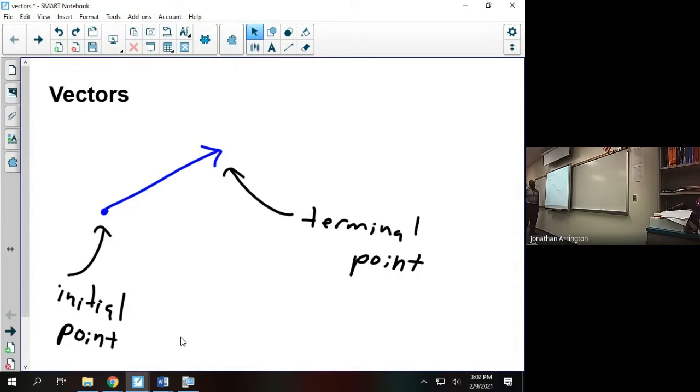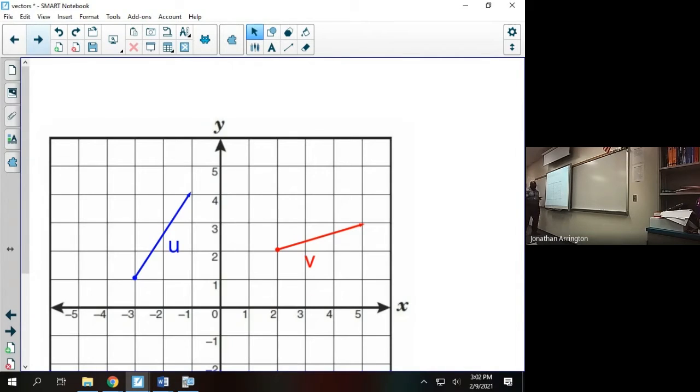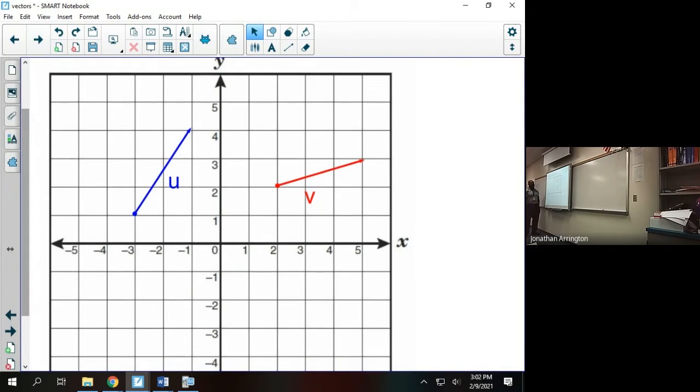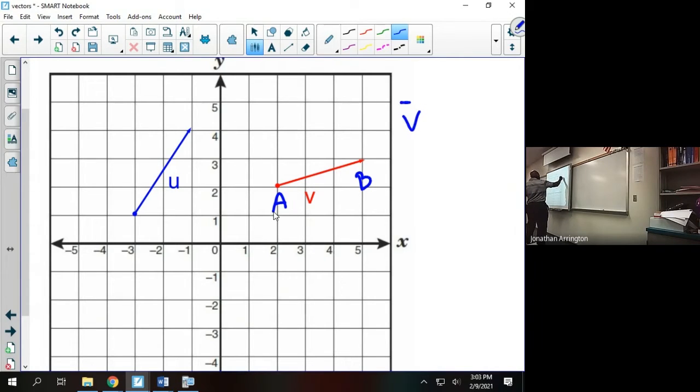Okay, so I put a couple of vectors on this graph here. I actually was doing this at the end of class yesterday, and so I have a vector u and a vector v. I'm going to mess with vector v right now. So I'm going to signify the initial point and terminal point for vector v as A and B respectively. So I'll call the initial point A, I'll call the terminal point B. And so vector V, and that's a notation you may see for a vector, the little arrow above it, is equal to vector